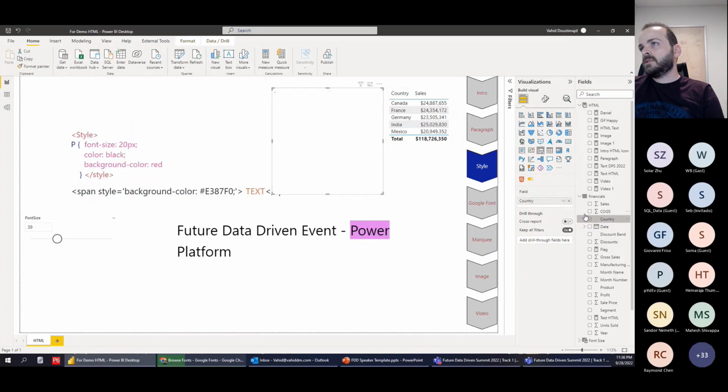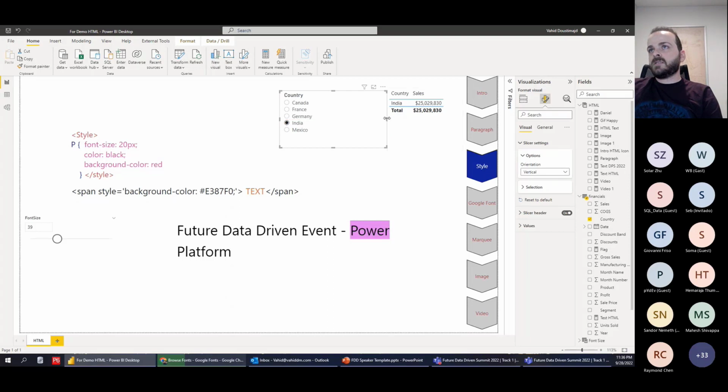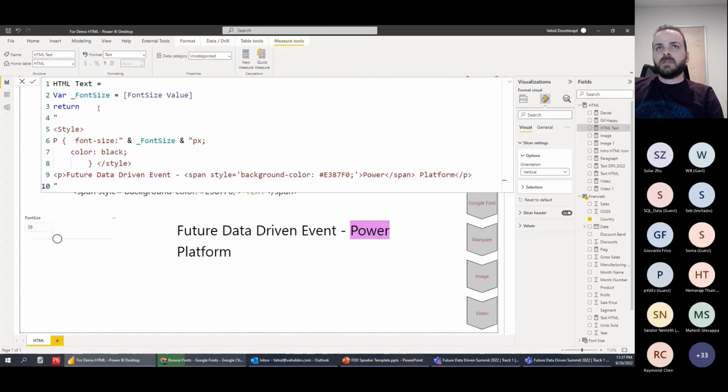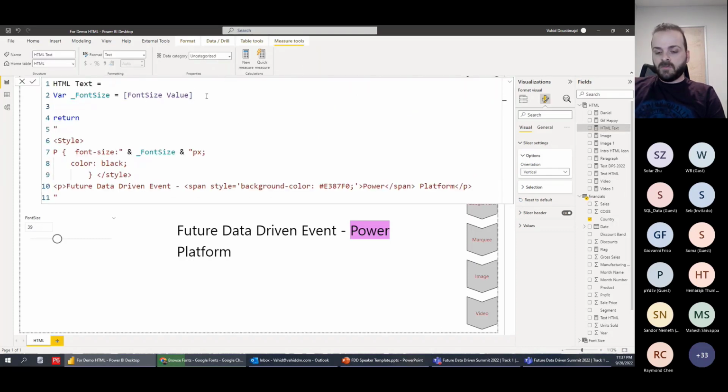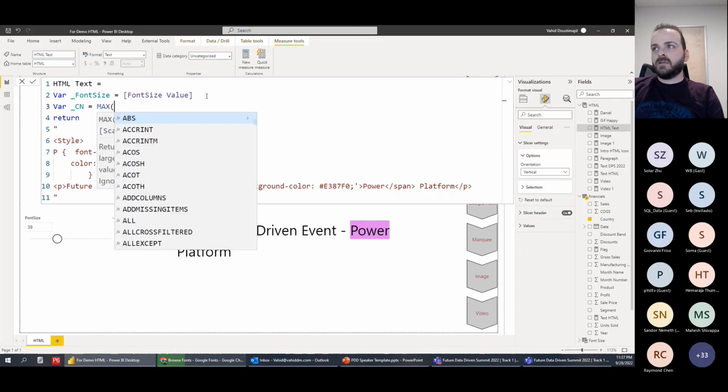And then country, this is nice. I want to make sure I can just select one of them. So I can select France, okay, Germany, okay. So this is the slicer I want to use, to be able to select one country there. So I will use another variable and make it the country name, and then I just use max, because with max I can return the text which is selected with that one. So then country